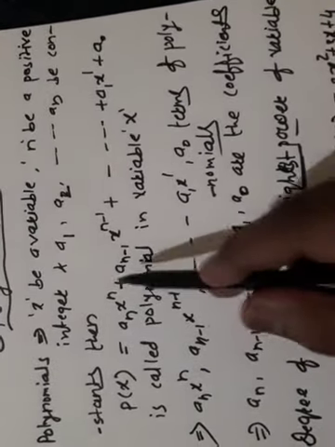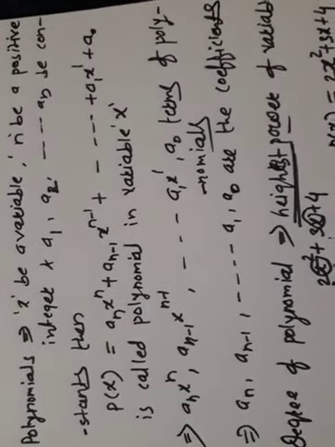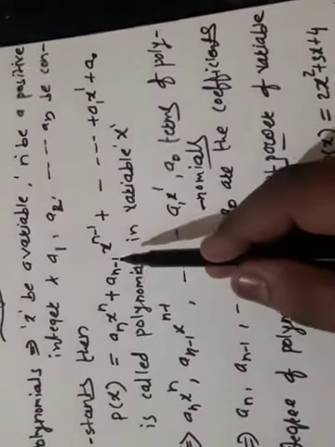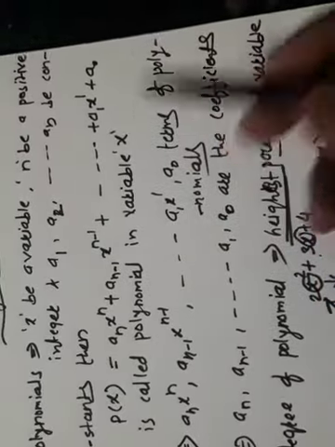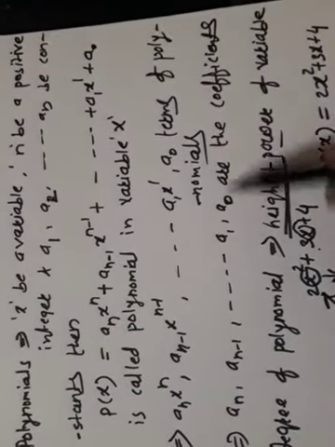तो ये जो टर्म्स है, which are written by using the plus sign, those are known as the terms of the polynomial. And here an minus 1, a1 like that, those terms, or we can say those points, are known as coefficients.